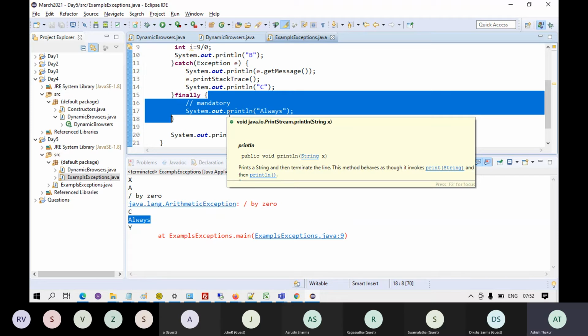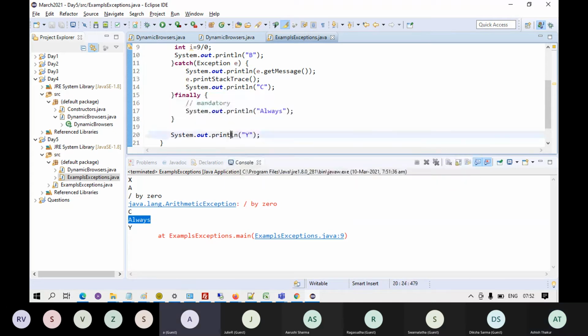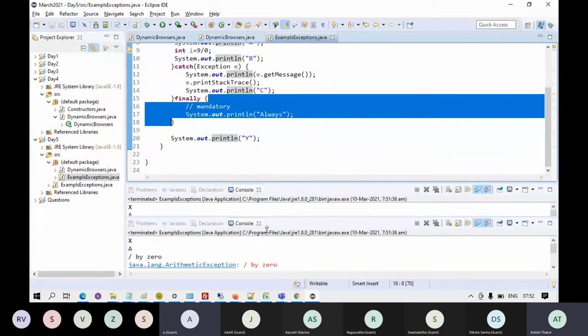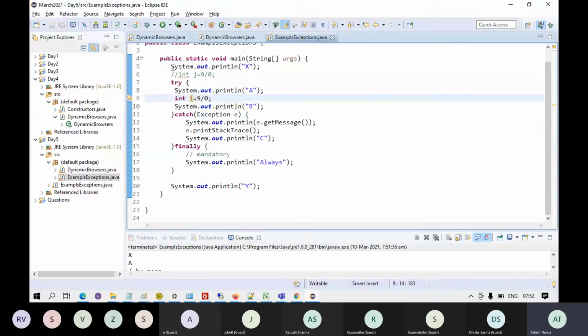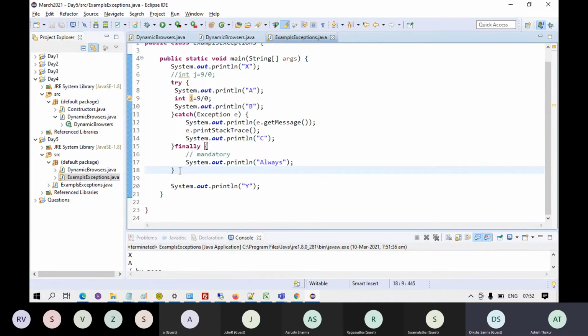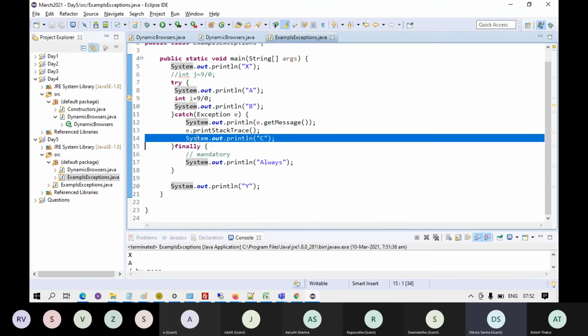Fine. So if you have any questions, please let me know. Ashish, is the finally block useful only during try and catch, or can we use it anywhere else? We use it with try catch. We use it with the try catch block. Ashish, is it necessary to write something within the catch block, or is it not necessary, if an exception is found?